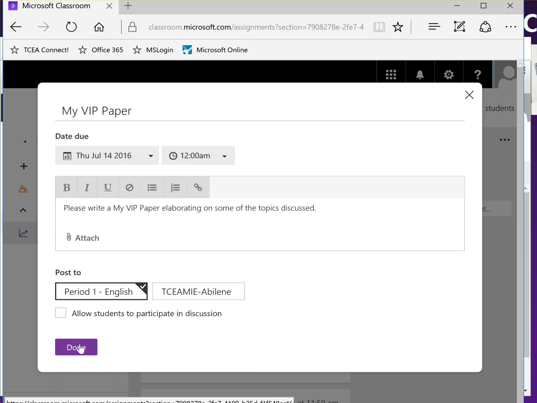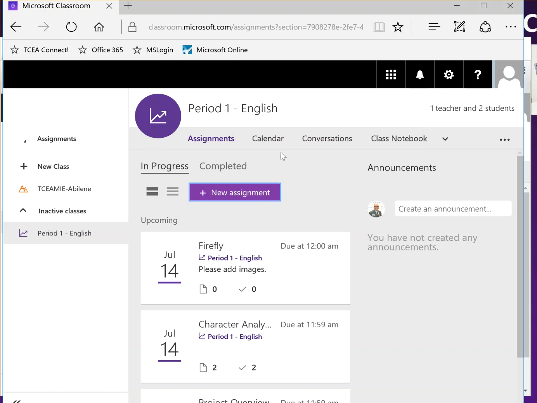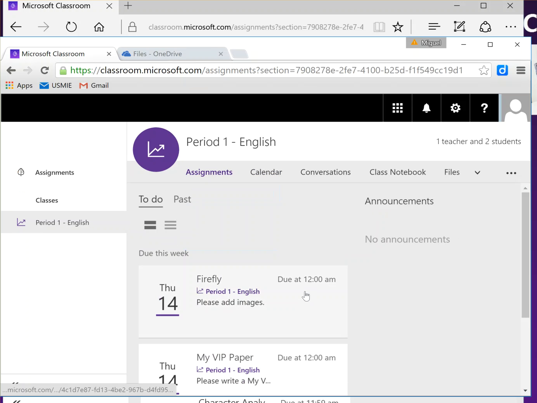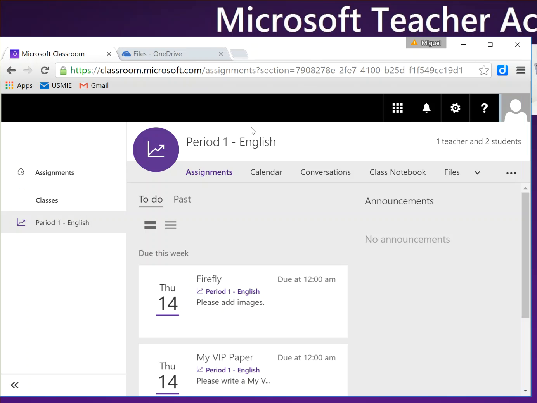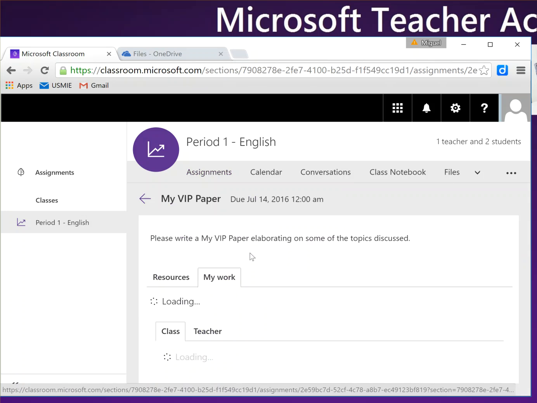Again, this is a fake assignment, so we're not spending a lot of time playing with that. But what we are doing is hopefully creating an assignment that students can turn work into. So if I switch back to assignments, I should now see a My VIP paper assignment. When I click on it,